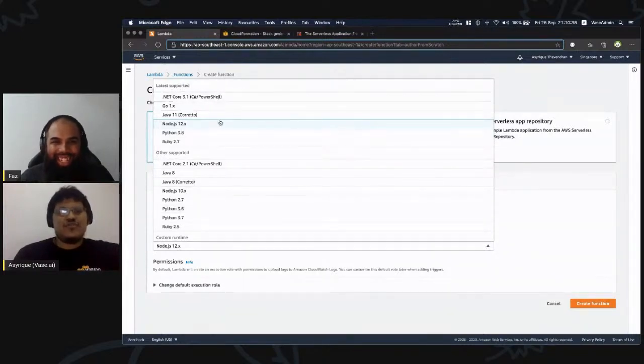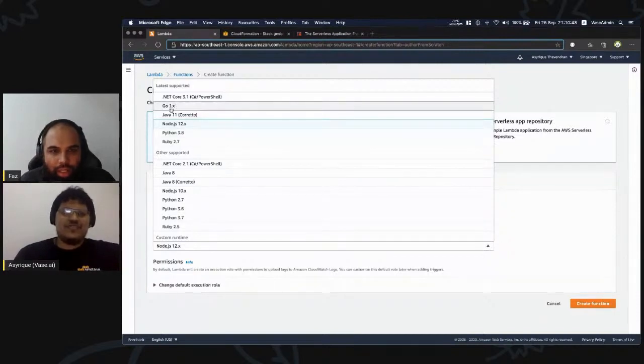Why not? So for those of you out there who are hardcore C programmers and think C is not supported, the interesting thing about Lambda, exposed by the fact that it supports Go, is that those of you familiar with Go will know that typically when you run a Go application, you compile it into a binary and then ship that binary. So with the Golang runtime here, you're actually shipping the binary to AWS. You're not shipping your Go code and having it compiled. The fact that you're shipping a binary means you could also technically compile any typical Linux runnable binary, and it should work in the Lambda runtime as well.